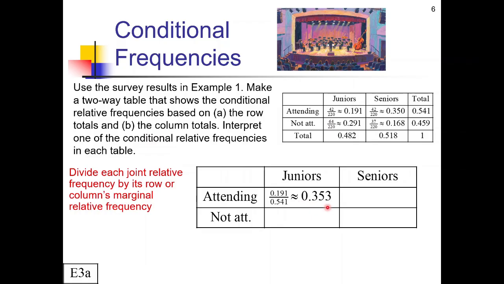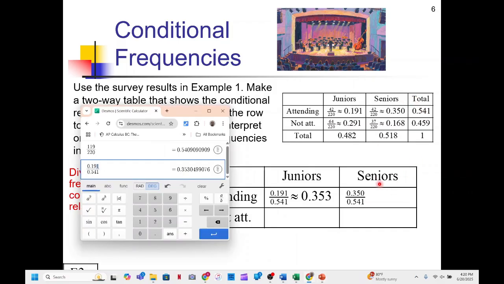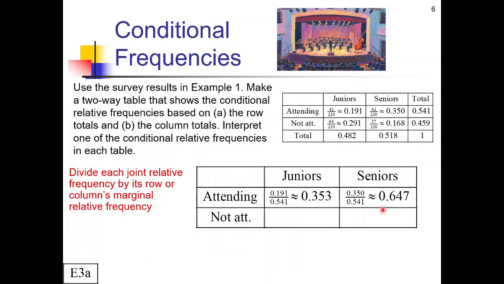So that's our conditional frequency based off of rows for that upper left one. And then let me do the same thing for the senior attending, so 0.35 over 0.541. I'll just change this 0.191 to a 0.350, and that comes out to 0.647 if I round it off. Now one thing you will notice is that these two things should add up to 1. And that makes sense because if you did 0.541 divided by 0.541, you would get 1